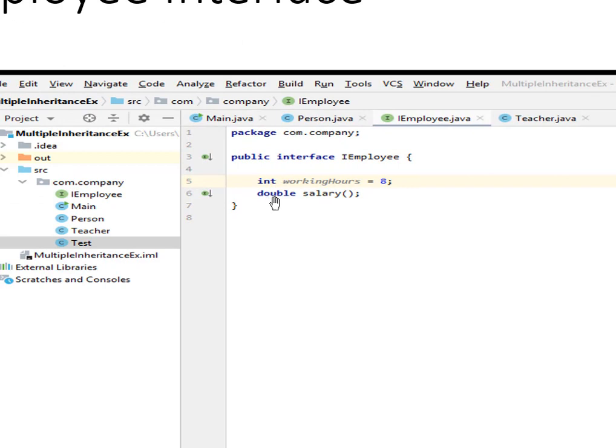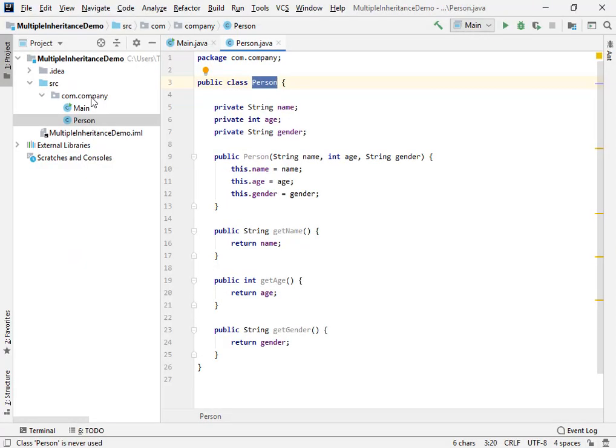It will just contain a salary abstract method and a field which will be a constant field or a constant attribute. Okay, because you know that I basically told you in the interface lecture that any attribute you define will be by default public, static and final. So now I will create an interface